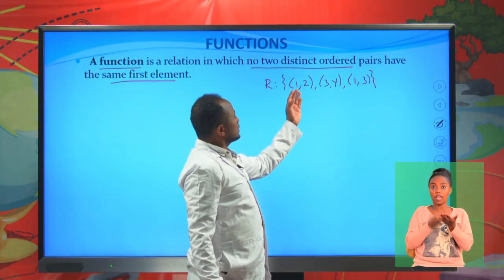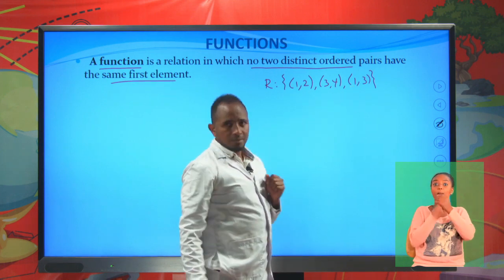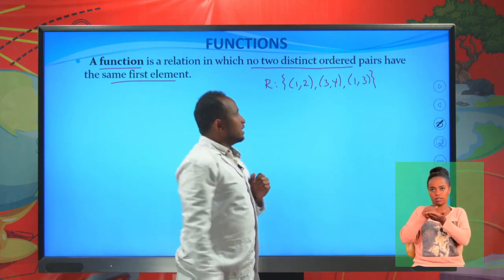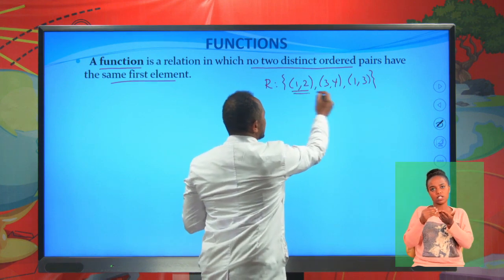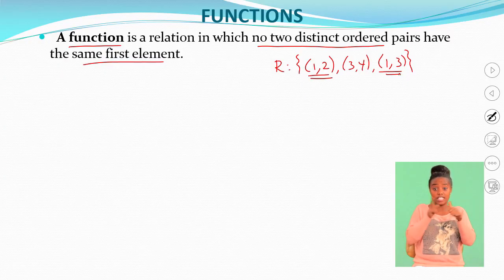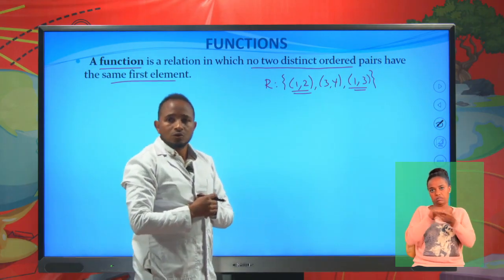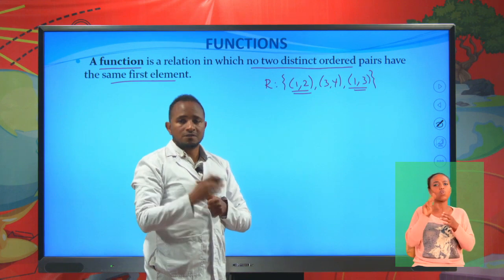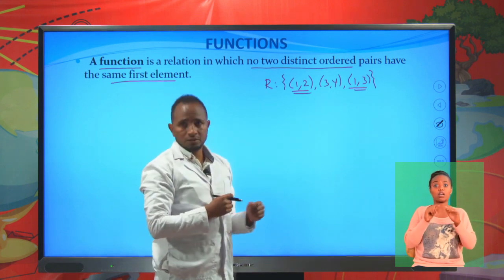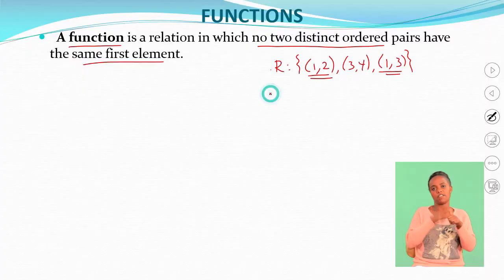here the first element is repeated and the ordered pairs are different. They are different. The first element is repeated. So this is not a function. The definition of a function says no two distinct ordered pairs have the same first element. So this is not a function. But if you take this one,